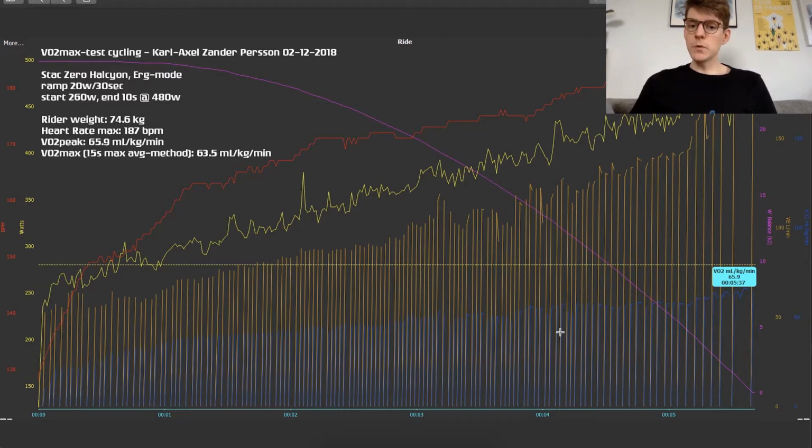The blue VO2 curve is what we mainly want to be looking at to extract the result from this test, naturally. Expressed here in the weight-relative unit, milliliters per kilo per minute. The VO2, when measured breath by breath at the mouth, needs to be averaged in some way when determining the VO2 max, as breathing has a very volatile characteristic.